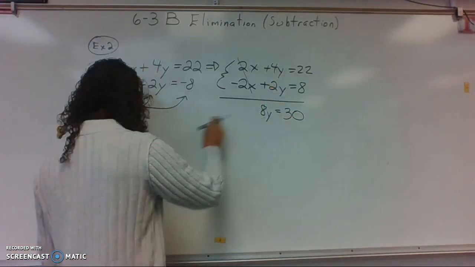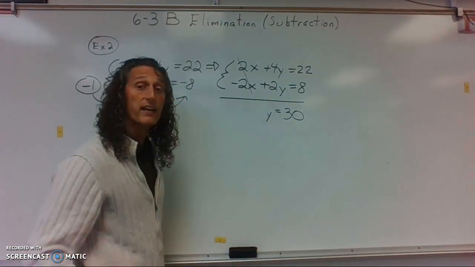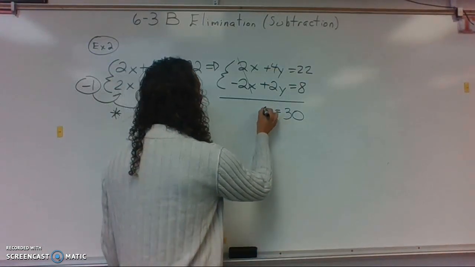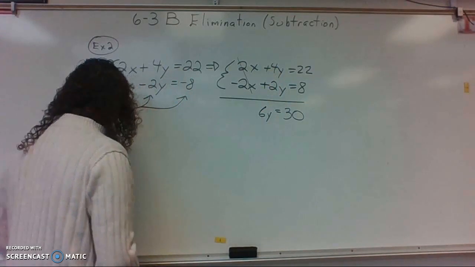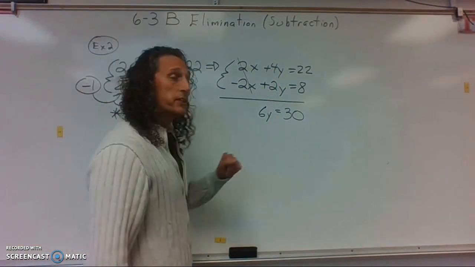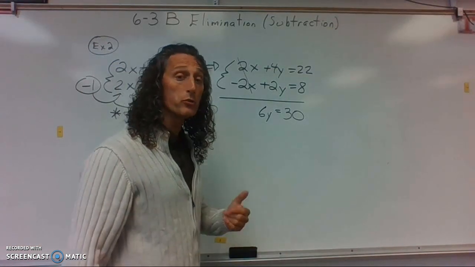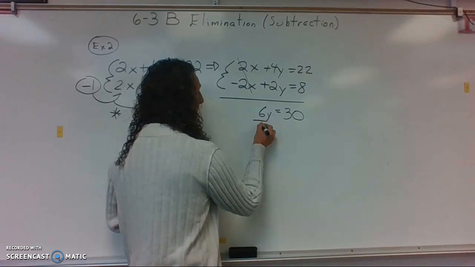And that is not an 8y, that is a 6y. I multiplied, don't do that. Add it, so sorry about that. So you go 4 plus 2 is 6y, not 8. I'm not going to go back and edit my video. I just let you know I make mistakes too, so it's okay if you do, but always go back and check your work. So I'm going to divide by 6,